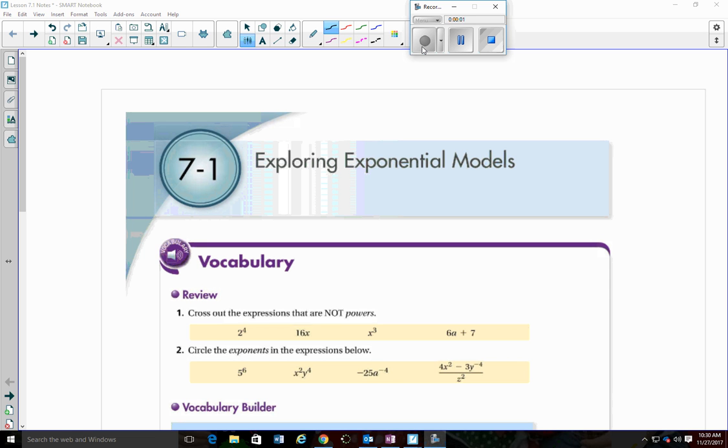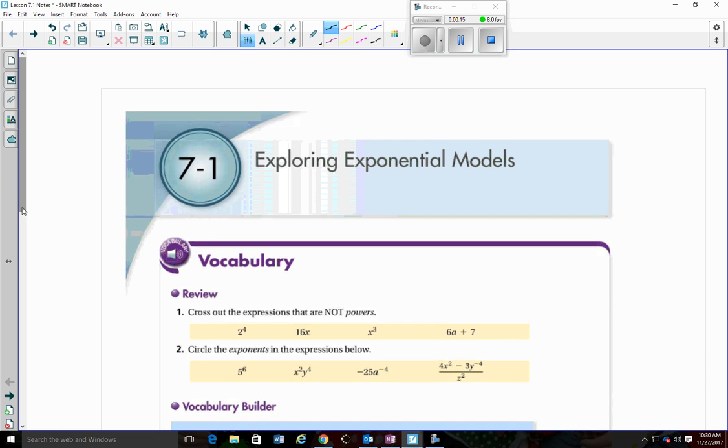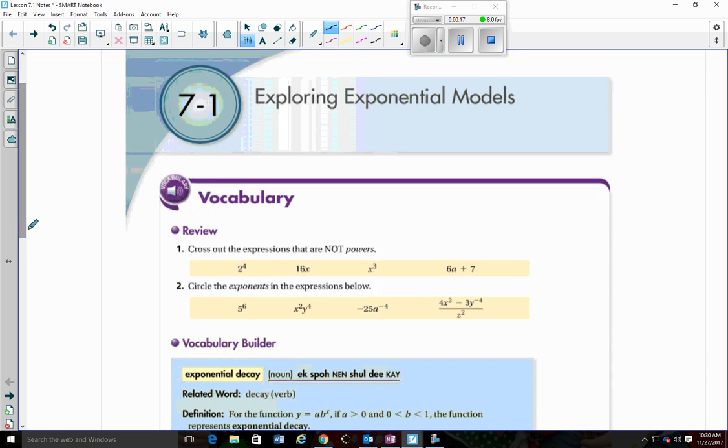Lesson 7.1 is talking about exponential functions, and we're going to explore those specifically in the financial realm of things so that you guys can see how some certain things are calculated exponentially. But the prefix of that should give it away as far as what these functions should look like. All right, exponent. If something's going to have an exponential relationship or an exponential function, it's going to have an